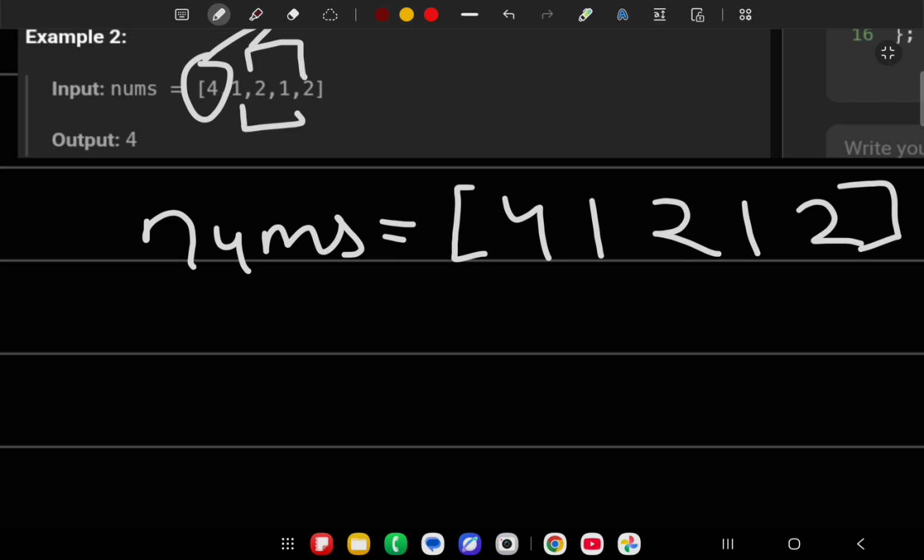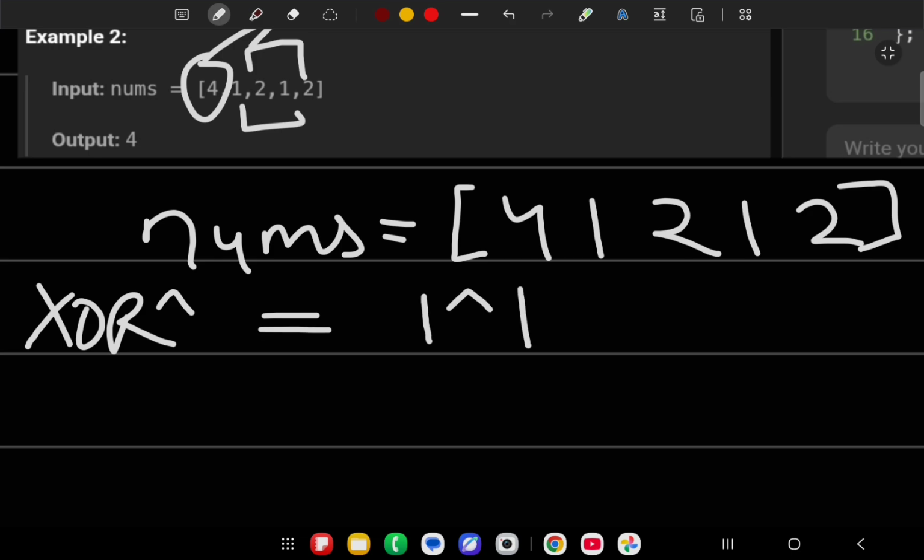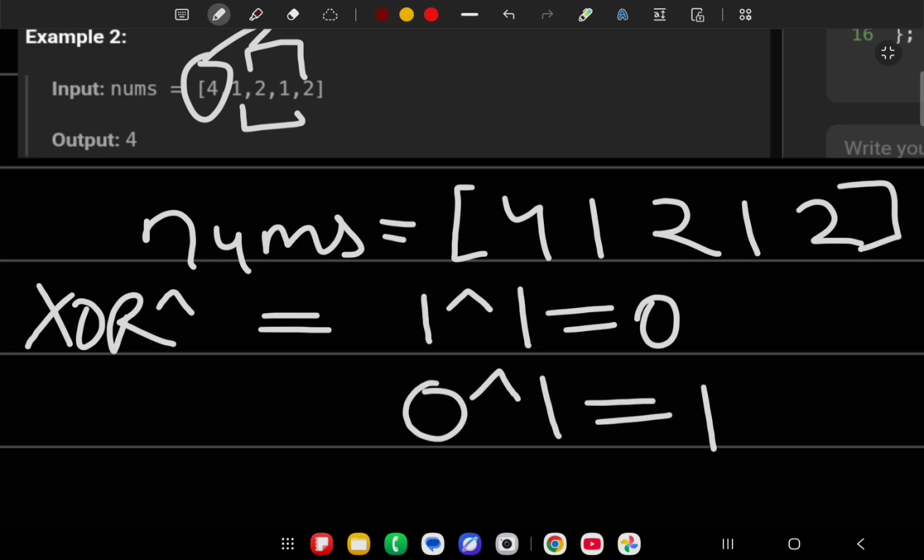First we introduce the XOR operation. We can also use a hash map to solve it, but we solve it through XOR because we need to optimize the space, so that we don't use a hash map. That is why we use the XOR property. What is it? The XOR property is nothing but if your elements are the same, then it will give 0. If they are not the same, then it will give the element that is different from 0.